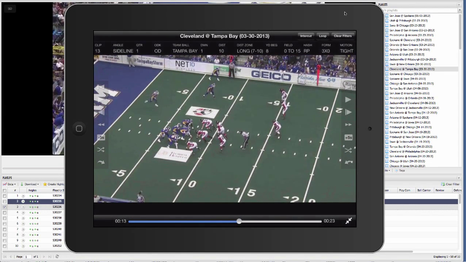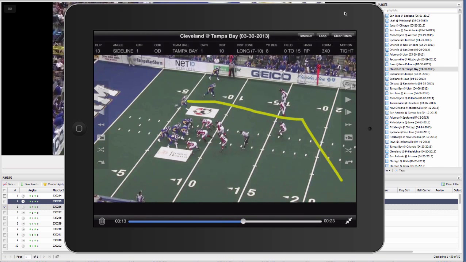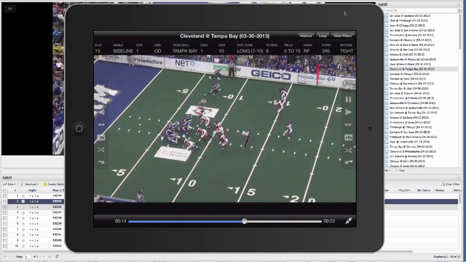You can connect your iPad to a projector, to a big screen TV, and you could be doing your film sessions from the iPad. Whenever you come to a teaching moment, you can draw on screen with your finger. So we can then demonstrate exactly what we need our guys to do. And then when you're ready to continue,